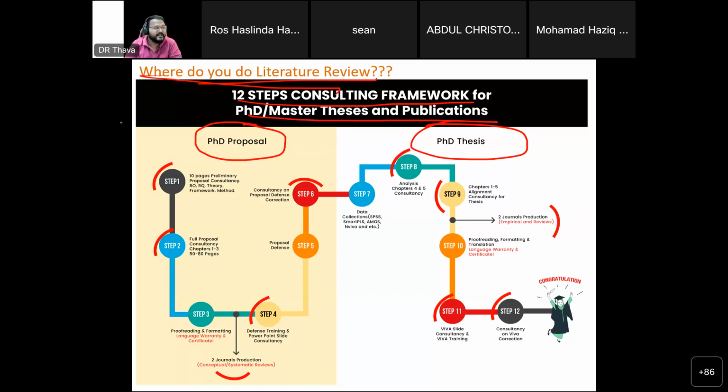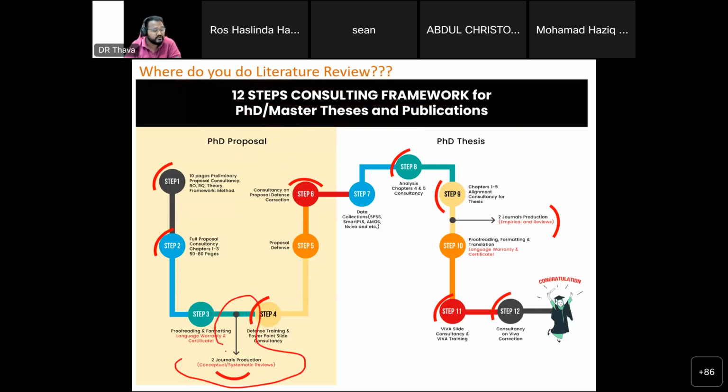So, how do you start the entire process? For those who join my class for the first time, if you've never seen this diagram before, I'll give you a very quick explanation. This is how I normally coach and consult all my consultees, including supervisors who want to publish papers. That is the drop point specifically made for them, where they can start producing papers from students. And students themselves also have to publish, obviously. Otherwise, they cannot graduate.